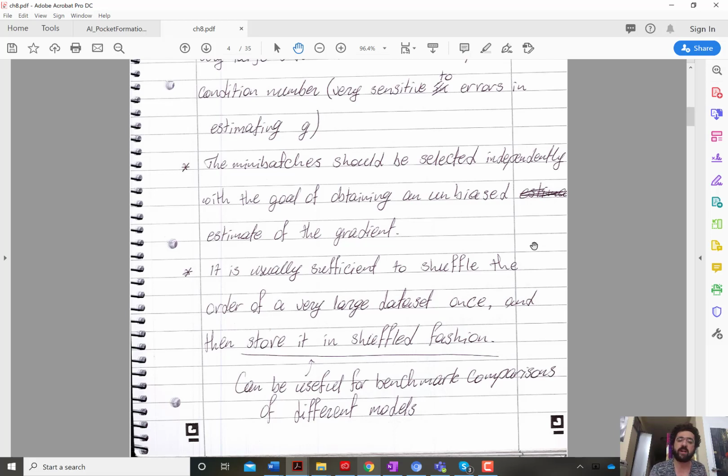So what's typically done, and there is empirical evidence that it works very well, is that if we have a very large data set, we shuffle that very large data set once, and then we store the shuffled version, and then we select the many batches in a deterministic order from the shuffled